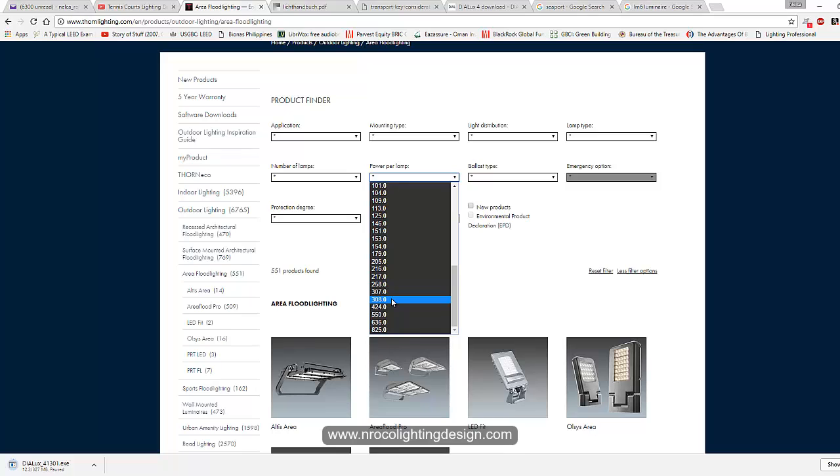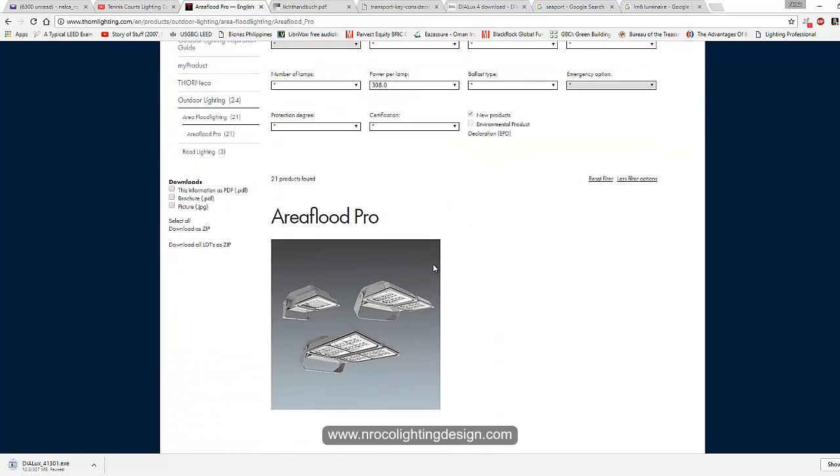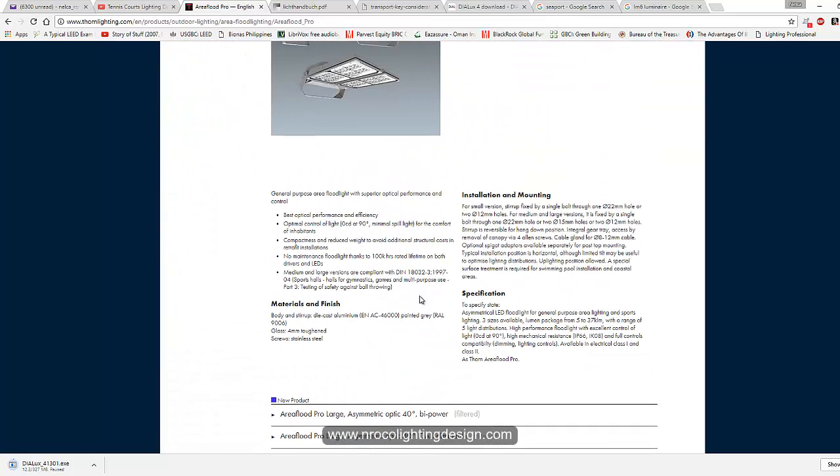So I only have 308 and 424. I better go for 308. Then you can just adjust it if you have 400 watt luminaire later on. Okay, so I have here the Area Flood Pro, so I'll just click it and then I will select. So you can see here, I don't think there is an LM6 description here, so it means it's not good for it.